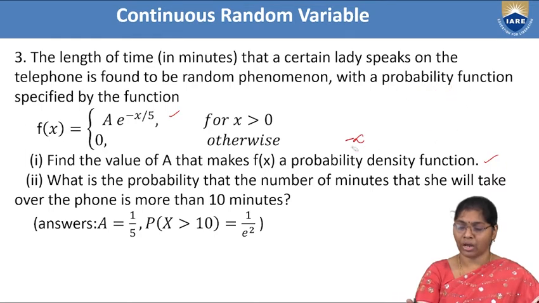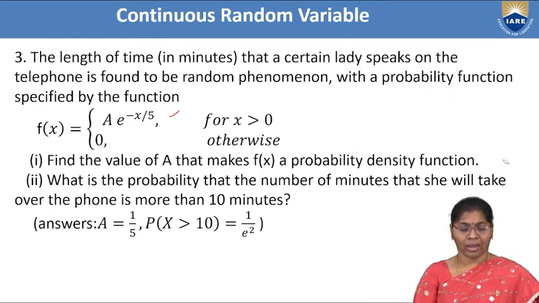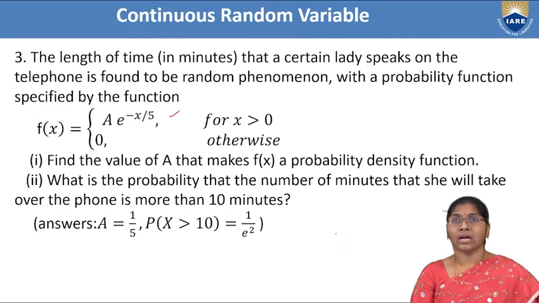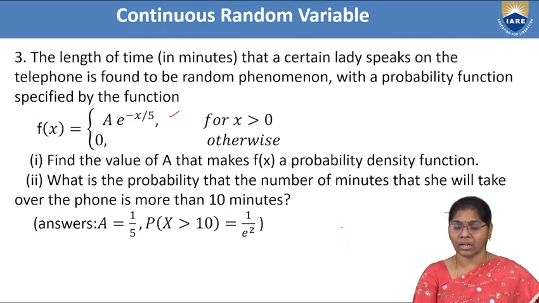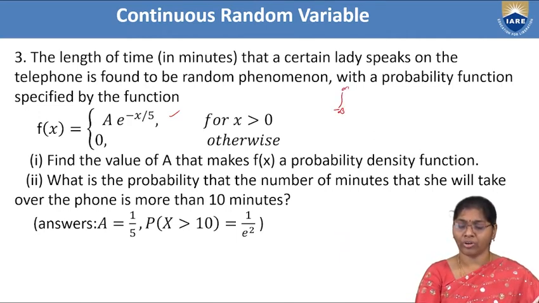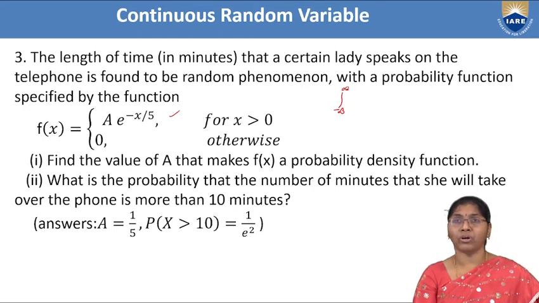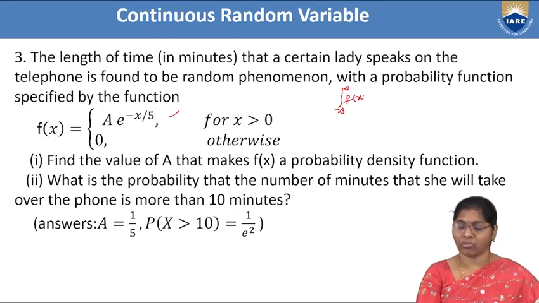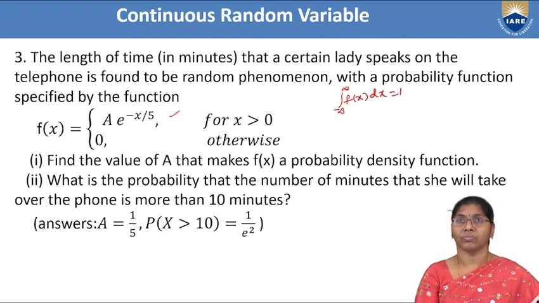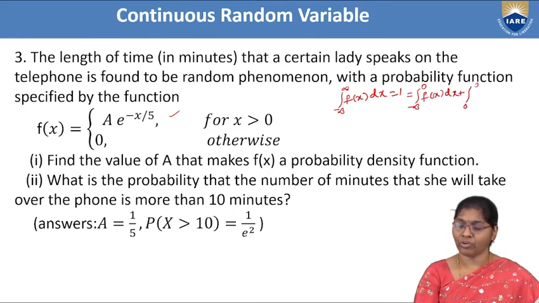Here I'm choosing the first one. The condition is the integral from minus infinity to infinity of the probability density function f of x dx equal to 1. I am splitting it into two parts: the integral from minus infinity to 0 of f of x dx plus the integral from 0 to infinity of f of x dx